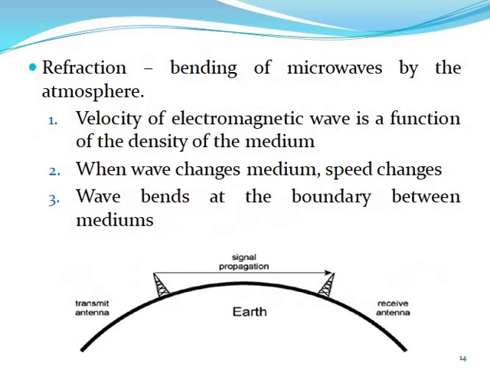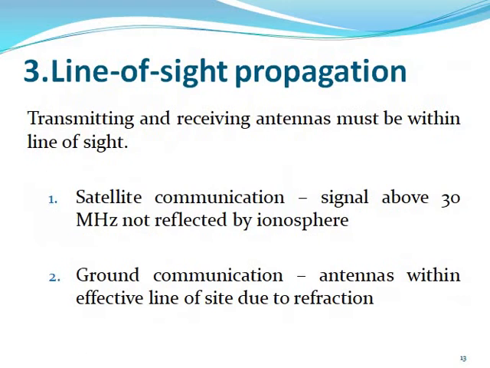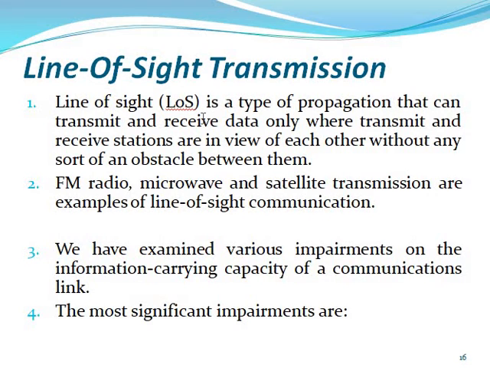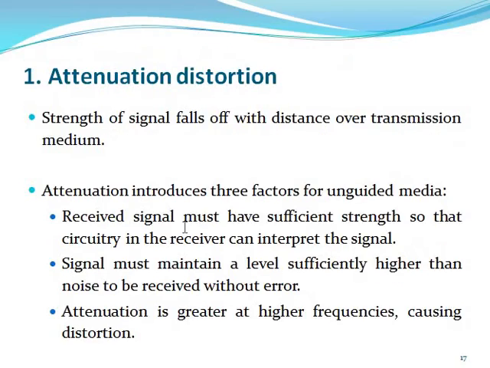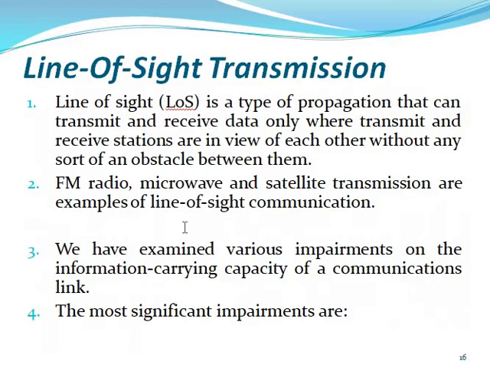So this is the line of sight. You can show the ground wave, sky wave. Now, line of sight, some of the details we can show, this is one of the factors affected in the line of sight. So line of sight is a type of propagation that can be used for transmitting and receiving data